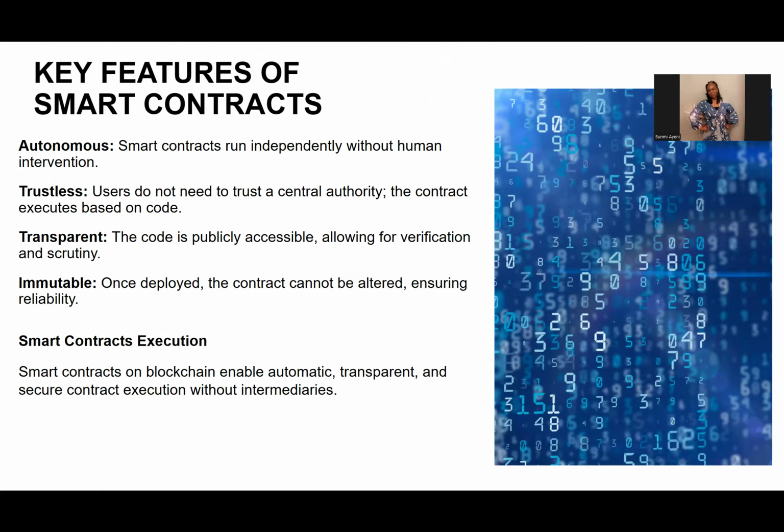You can go to the blockchain and check it out if you have the unique smart contract address. I'm getting ahead of myself now, but let's just keep going. Then it's immutable: once it's deployed, the contract cannot be altered, ensuring reliability. So smart contracts on blockchain enable automatic, transparent, and secure contract execution without intermediaries.